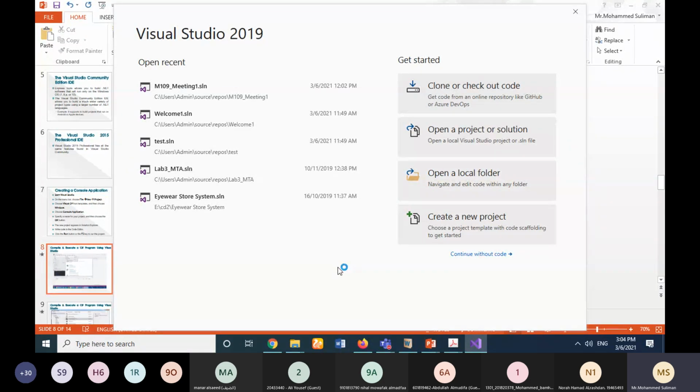Now from here, you can create a new project, as you can see here. I have this new project option, and there are some old projects which are listed here. You can clone a project. You can open a project. You can open a local folder if you want to, or you can create a new project. So we'll create a new project. Once you click on Create a new project,